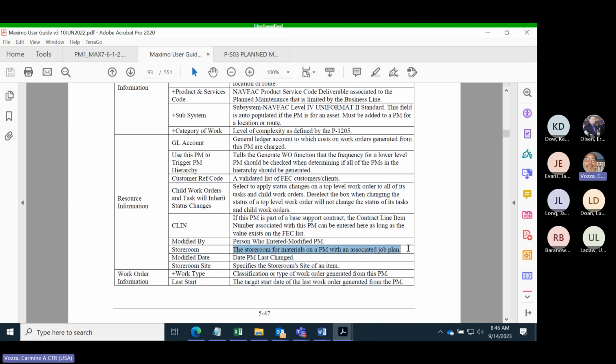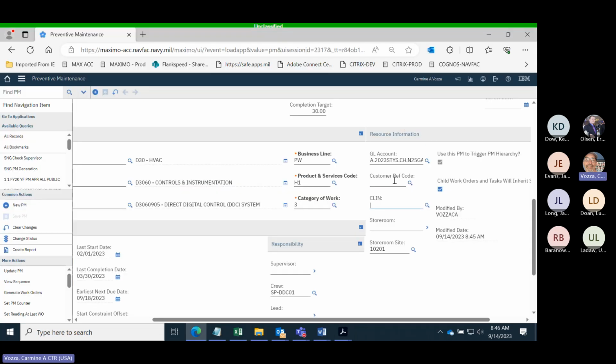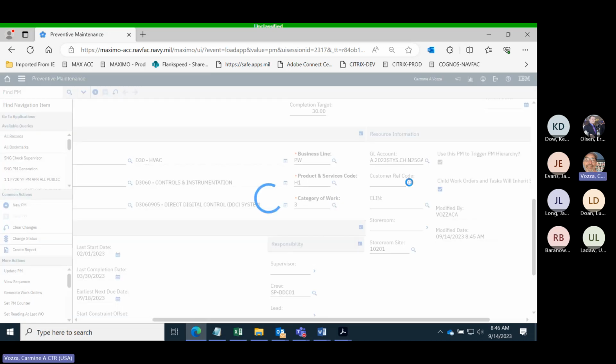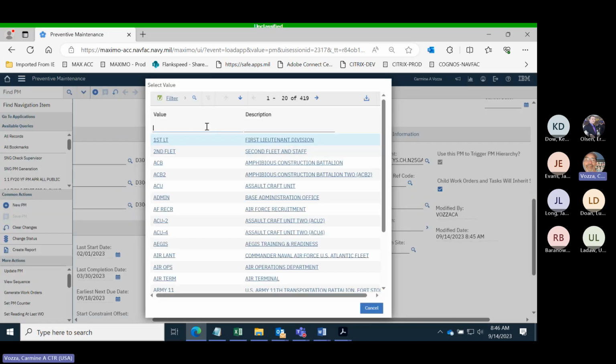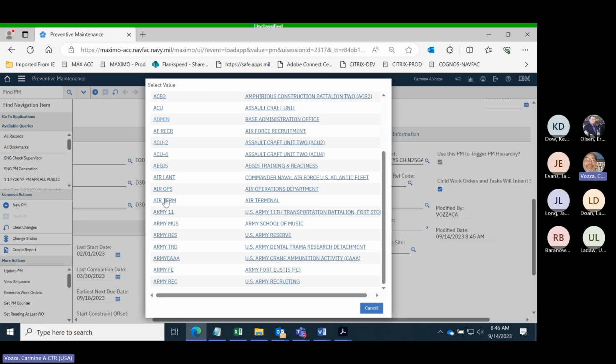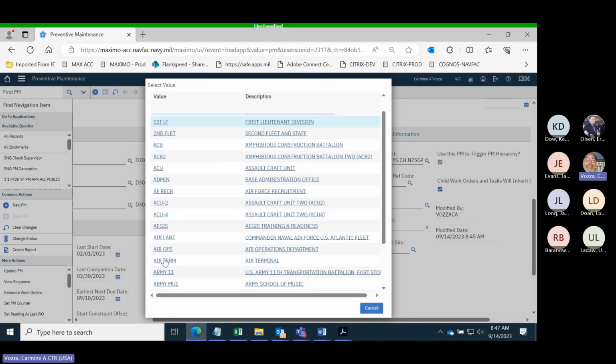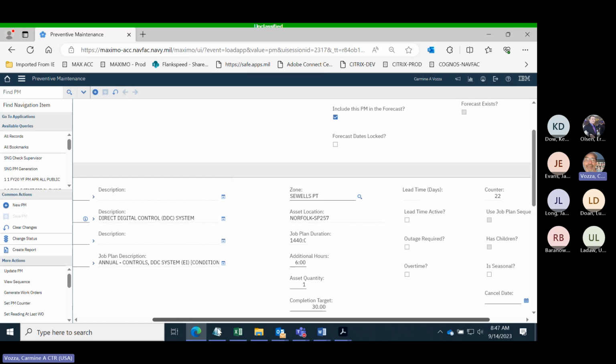All right. The storeroom for materials on a PM with associated job plan. So these fields here are pretty much PWD specific. Corporately, there's no mandate to use the customer reference code. And like they said, I come here, it's just a list of every tenant, everybody. Okay. So if I want to put who's affected by this